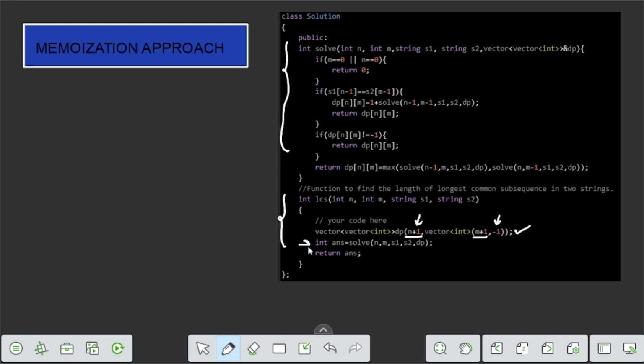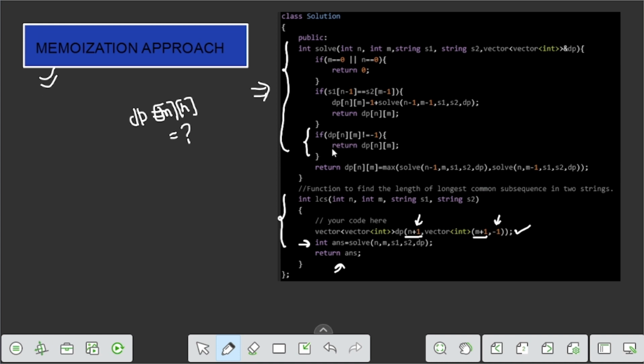We call the solve function and return the answer. In the solve function the code is the same as the brute force recursion approach. The only difference is that we check if dp of n m is not equal to -1, meaning it was initialized and called earlier, so we do not call for the same state again, because here overlapping subproblems occur. So we can use this memoization approach.